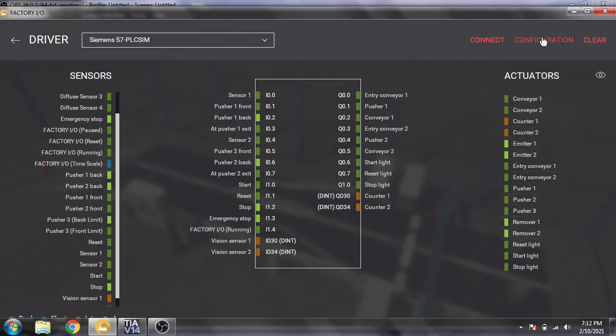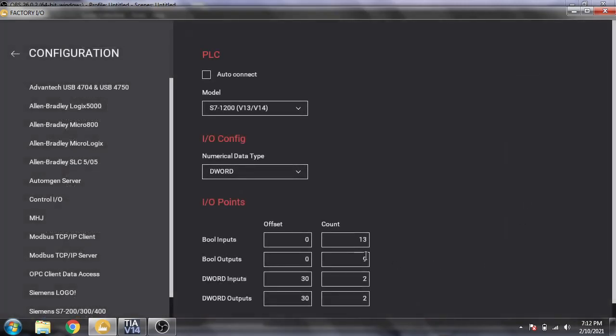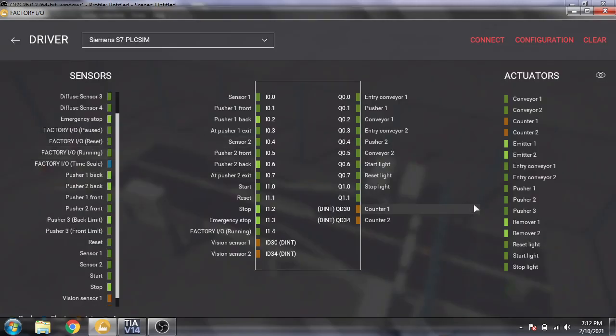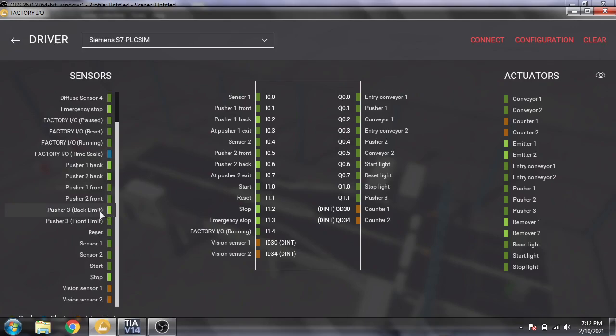We are going to add another output in it, make it 10 like that, and add pusher 3 there like this. We also have a pusher 3 back limit and front limit.